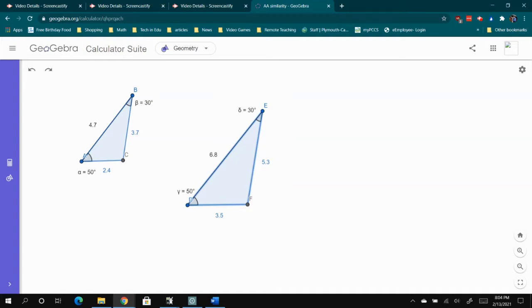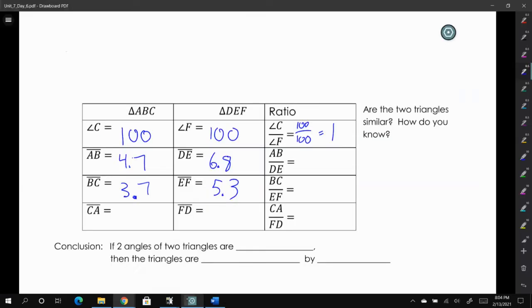And whatever the side lengths ended up as is what they ended up as. I didn't measure anything to make sure that they were these exact numbers. I just created these triangles with the angle measures in mind. So AC is 2.4,